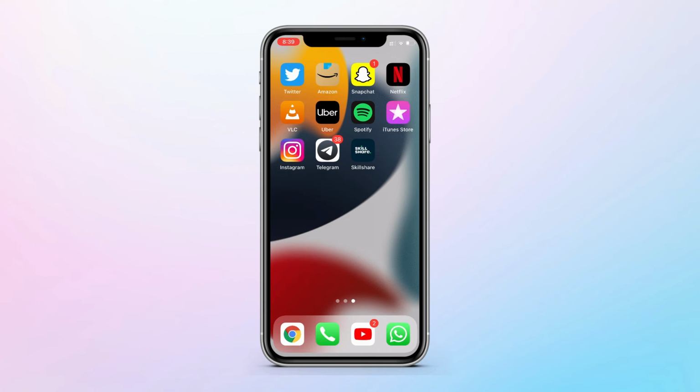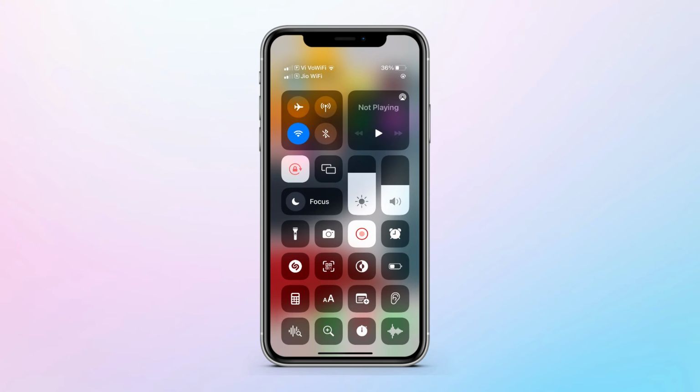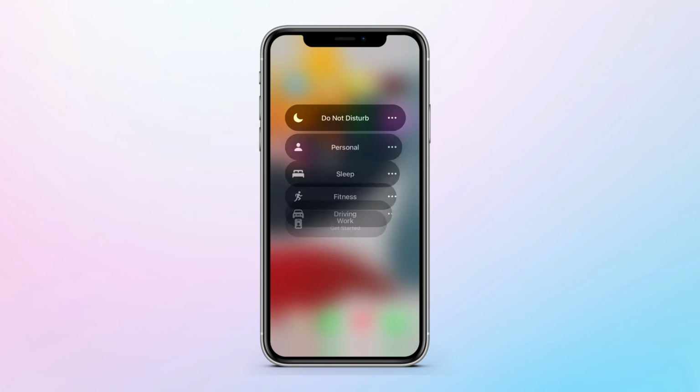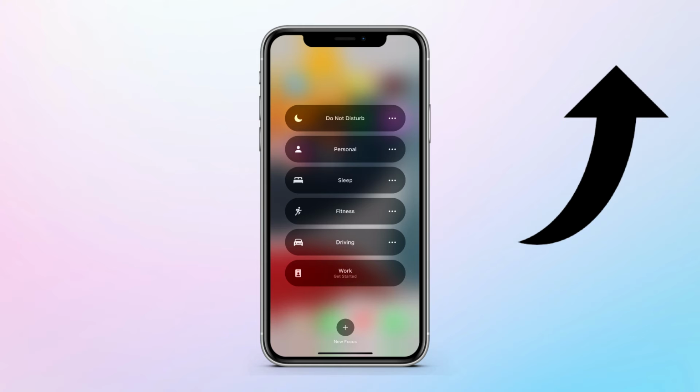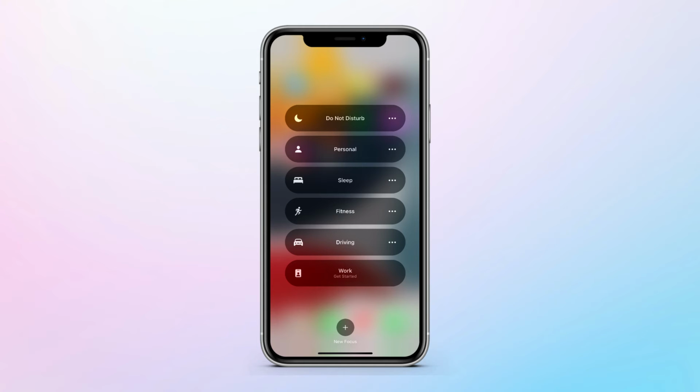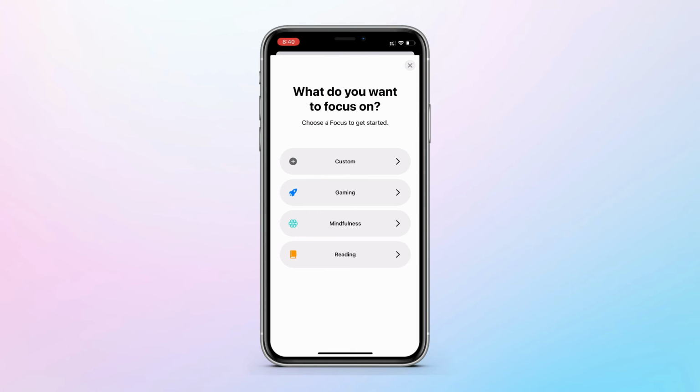Now you may have noticed that the Do Not Disturb toggle is no longer here, because Do Not Disturb has been replaced with the focus modes in iOS 15. And if you tap on that, you will get these different options to choose a focus mode. I won't be going into full detail of focus mode because I have made a full video on focus mode and how to use and set it up. You can check it over here. You can create your own custom focus modes and it's a very useful feature.